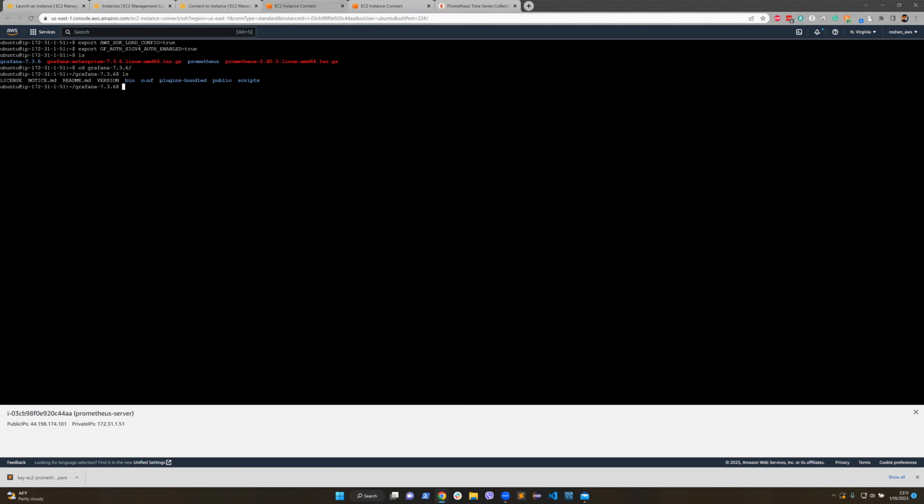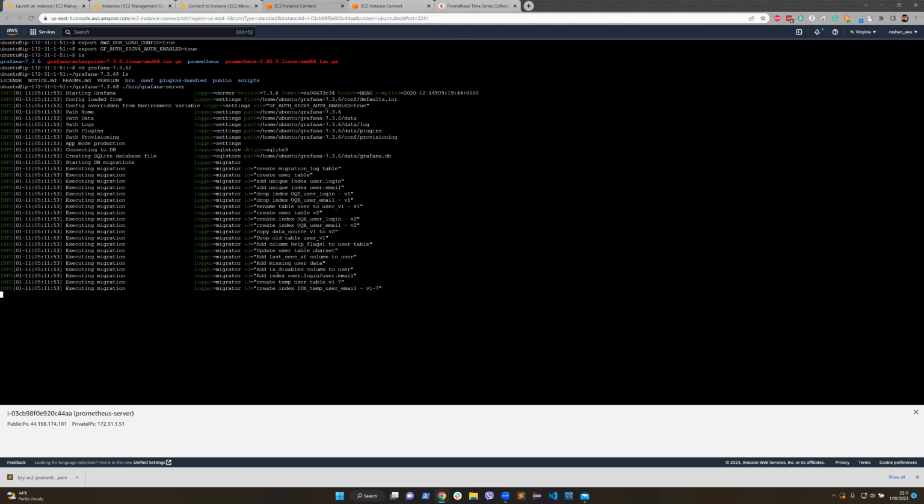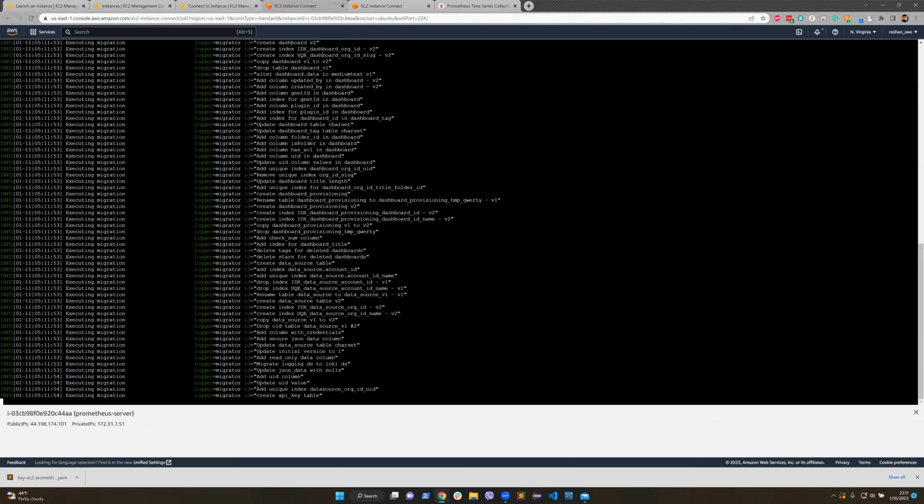What we need to do is find an executable which is inside this bin folder, and to access this, we will use the same command of /. We will locate to the bin, and inside of bin we have this Grafana server, and we'll just run that. So once you do that, it will be running,